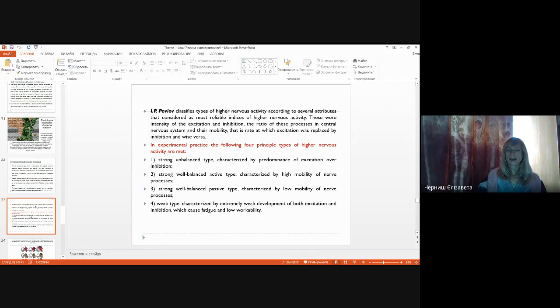You can see the types that can be met: the strong unbalanced type, characterized by predominance of excitation over inhibition; the strong well-balanced active type; the strong well-balanced passive type, with low mobility of nerve processes; and the weak type, characterized by weak development of both excitation and inhibition. All of these types of nervous system, of higher nervous activity,